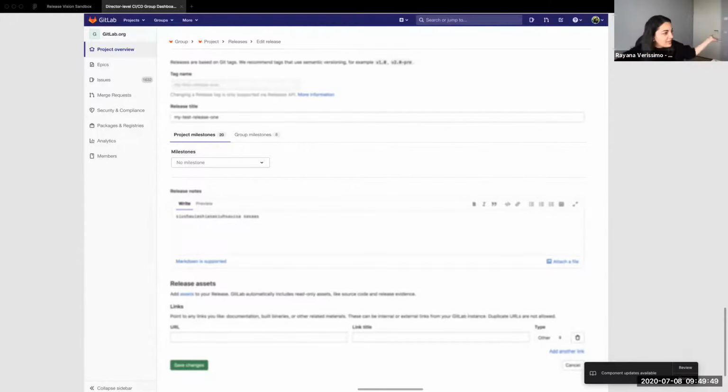With selecting, on a project level, something in a group, but then you have to select, like what you're saying, A or B. Because, for example, if you select a project milestone, can you still select a group milestone? Right. I think in my head, it's fine. Right. I think the idea is